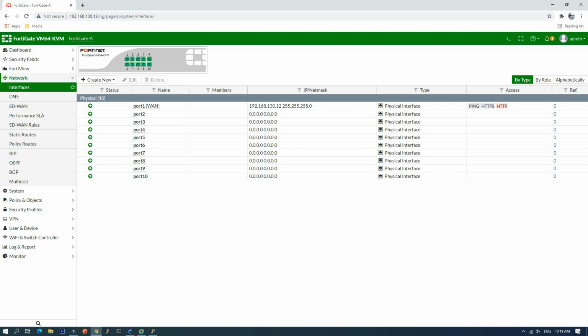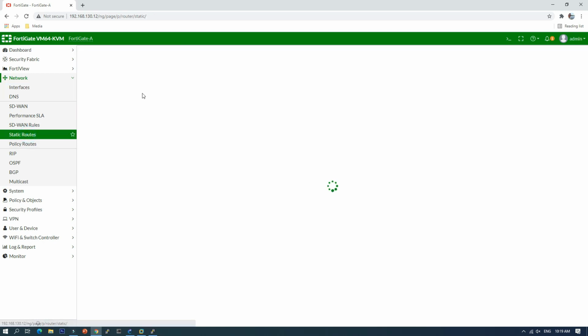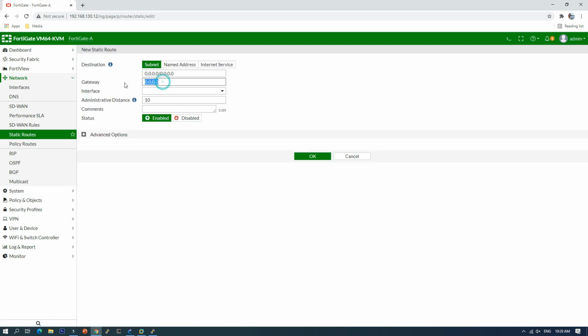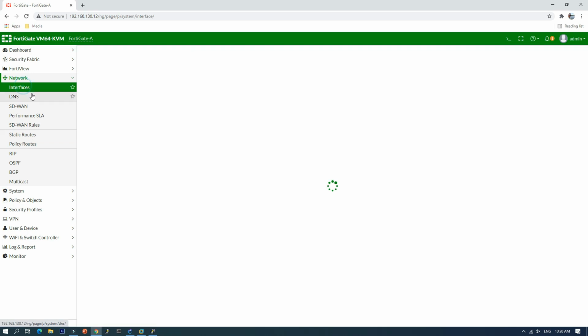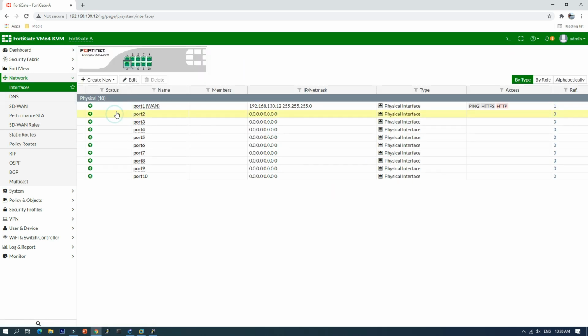Here is the hostname for FortiGate A. Okay, so let's do the routing for internet access. Gateway, interface WAN. Okay, and interface port number 2.